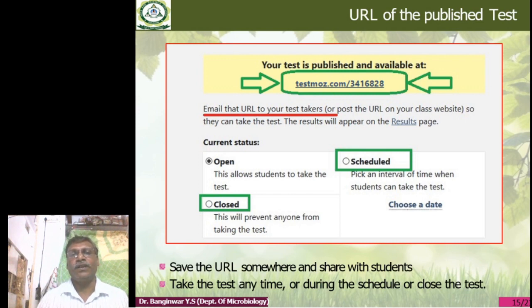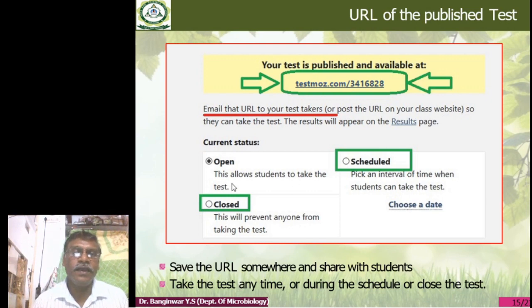Now this is your test URL: testmoz.com/3416828. You can email the URL to your students, post it on your class website, or put it into the WhatsApp groups.